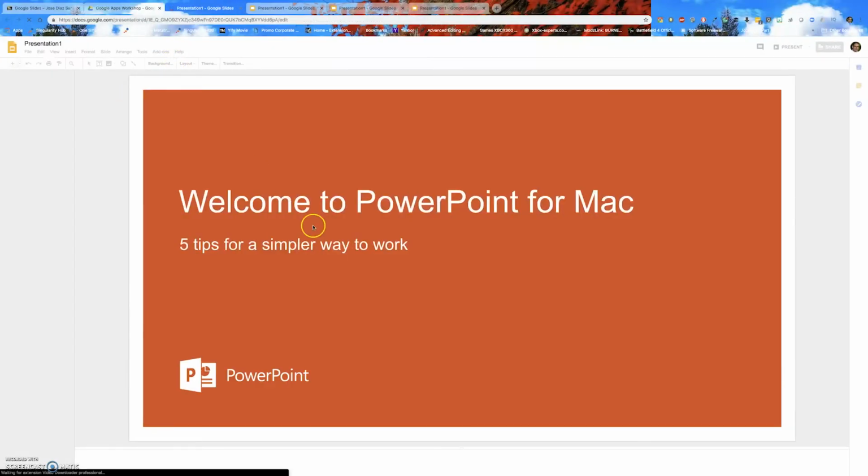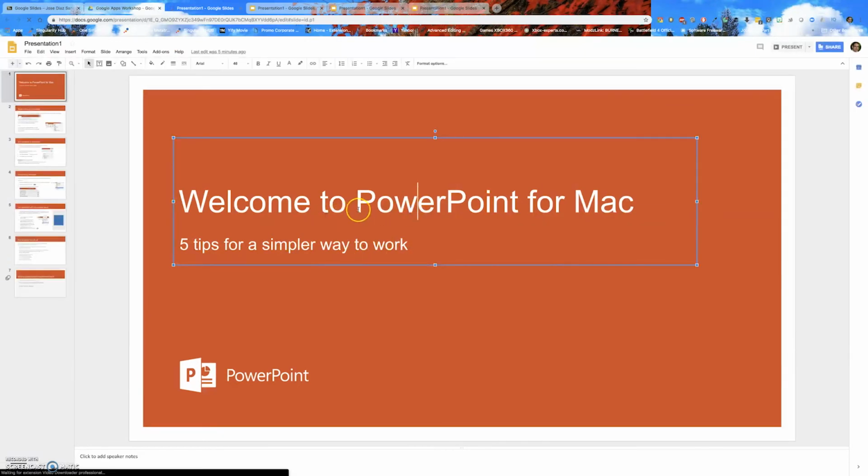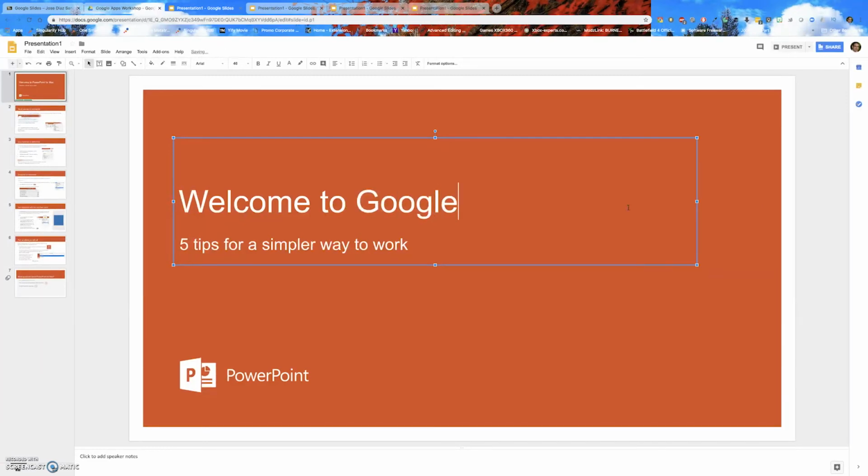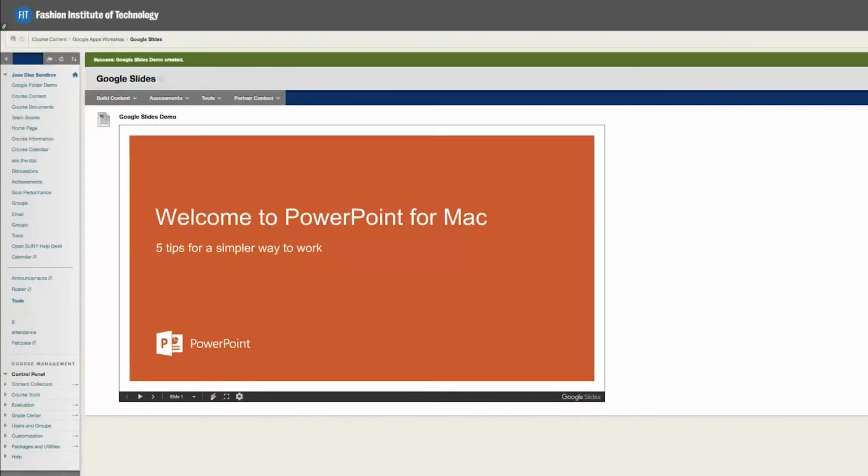So I double click on the Google Slides version, and let's change this to Welcome to Google Slides, since we converted the PowerPoint to Google Slides. And Google Slides automatically saves. You don't have to click Save. So now if I go back to my Blackboard and I click Refresh,